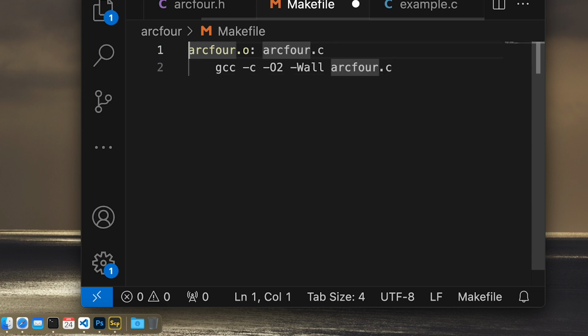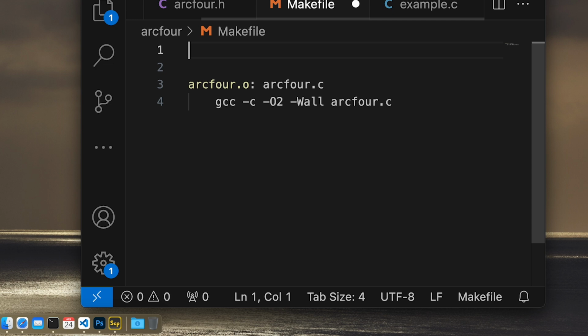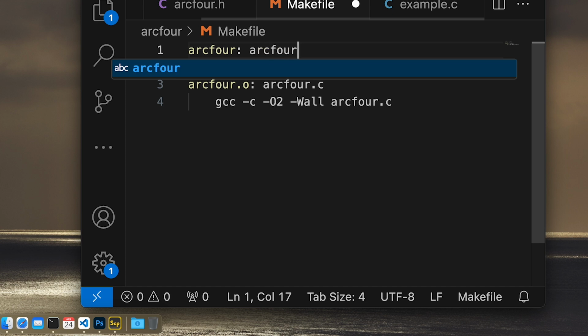And when that file has compiled successfully, we will have an arc4.o, and then we will create the actual arc4 library. So this depends on arc4.o,